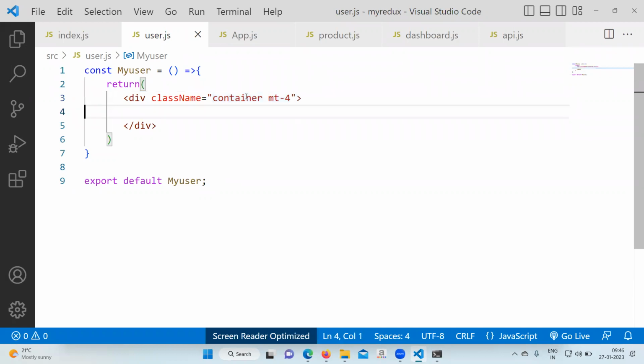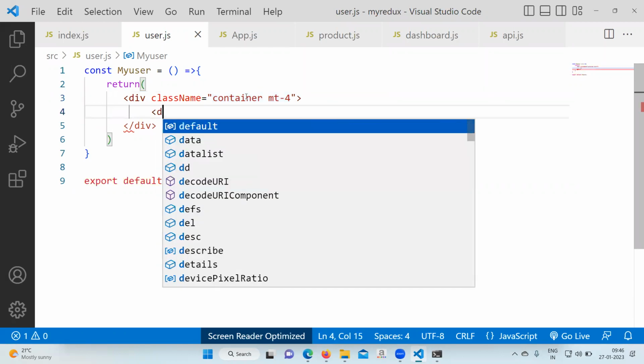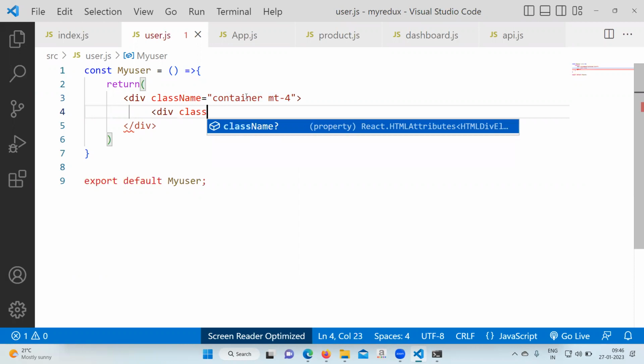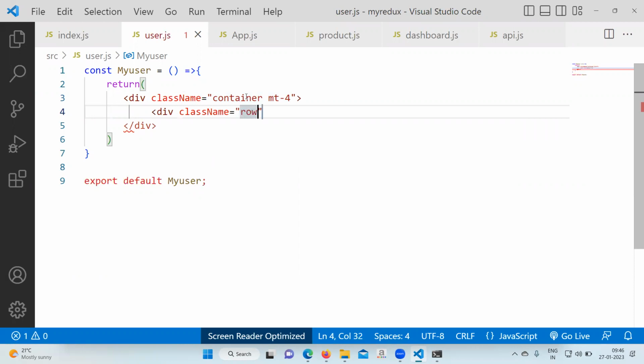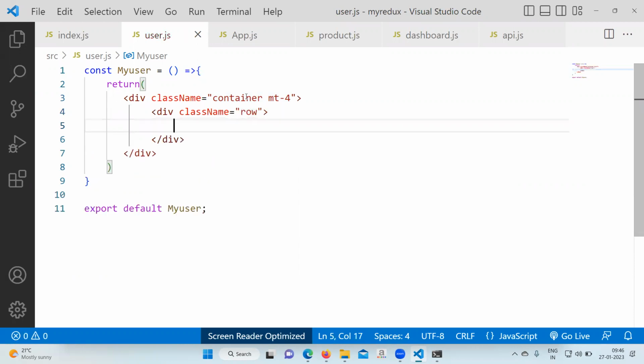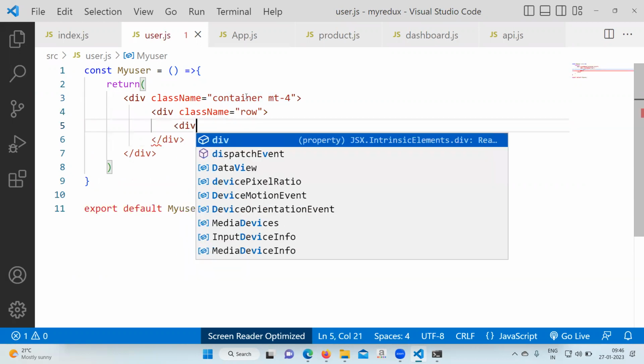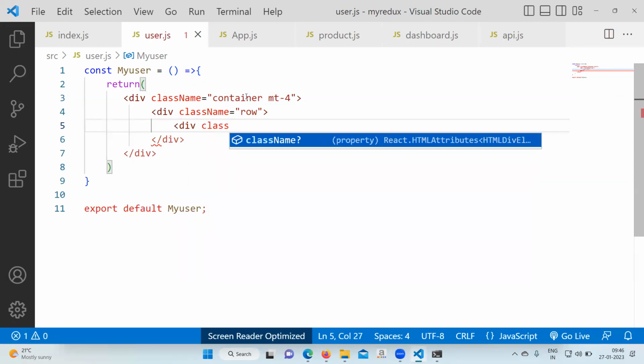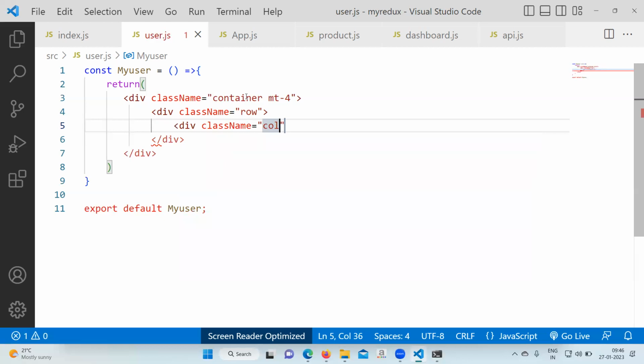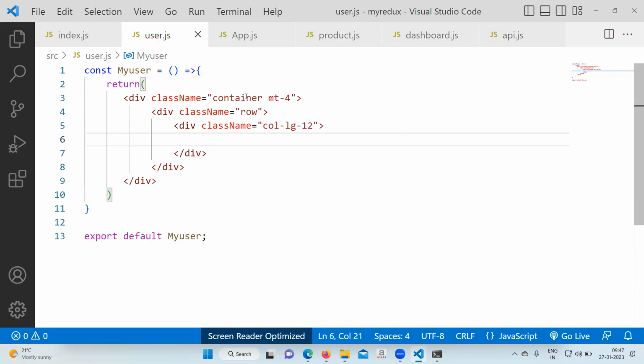Then a division with class name row, next division with class col-lg-12. Inside the 12,